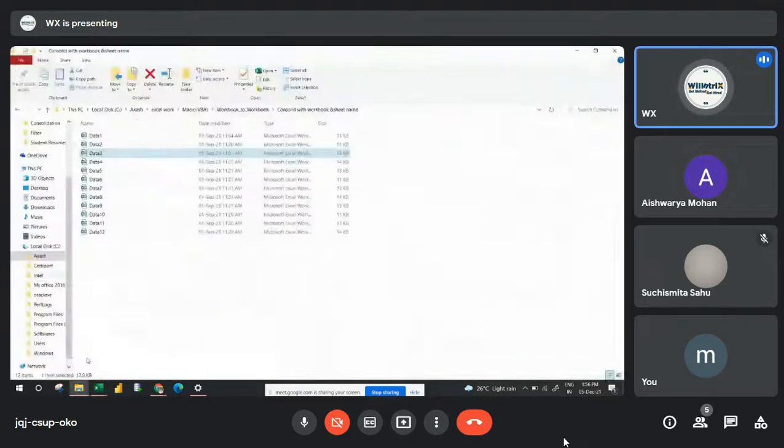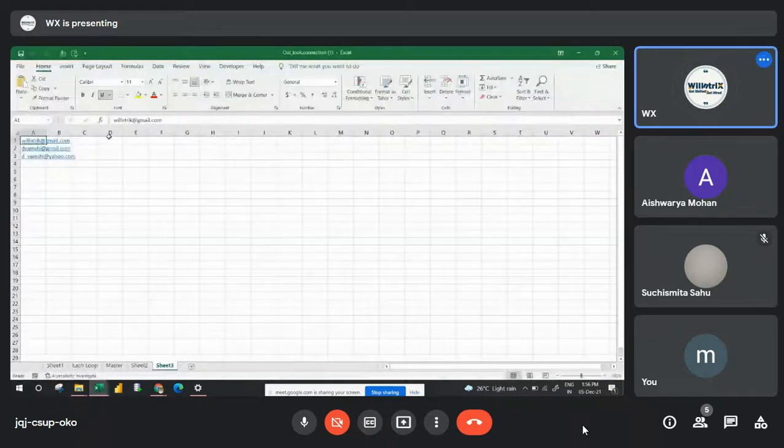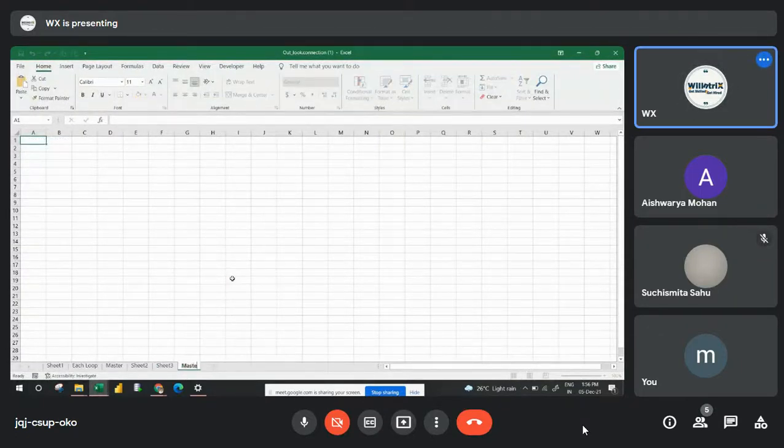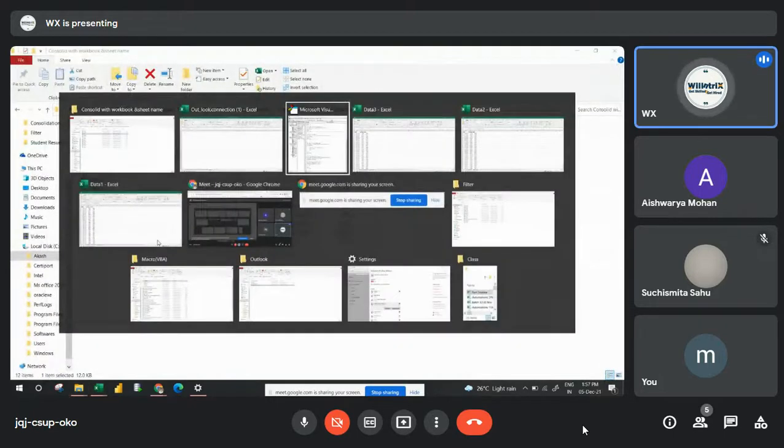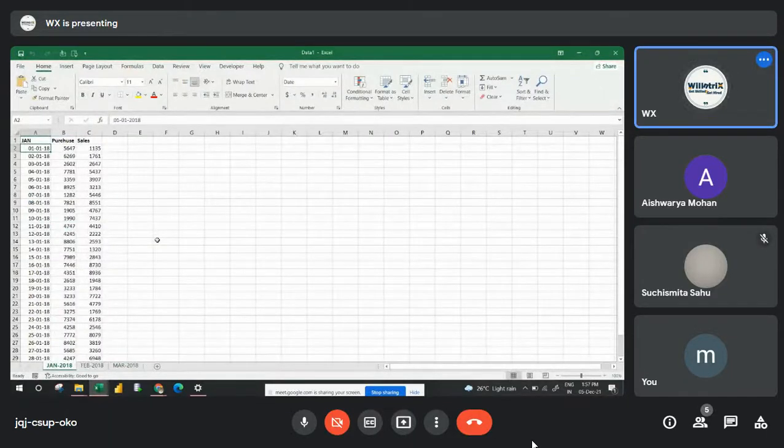You guys have to open a workbook first. After opening it, you have to check how many sheets are there in that workbook. Then you have to activate the first sheet, copy the data, and paste it in this workbook. If you're writing code, you have to create one master file here. I'll do it manually first, so you will understand better.